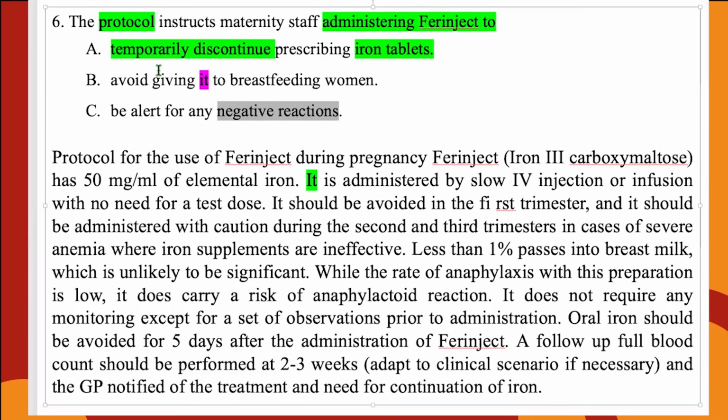Do you have any problem with any of the instruction options here? The statement already says you are administering it to pregnant women. So Option B, breastfeeding woman, is wrong. It can be eliminated immediately. It should be avoided in the first